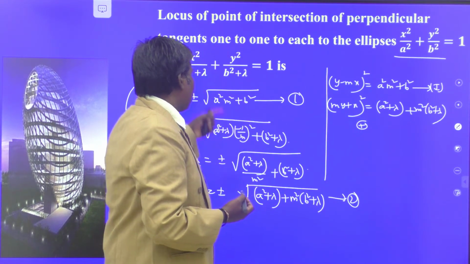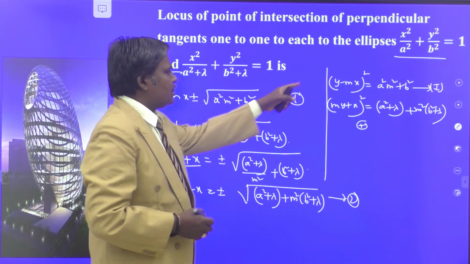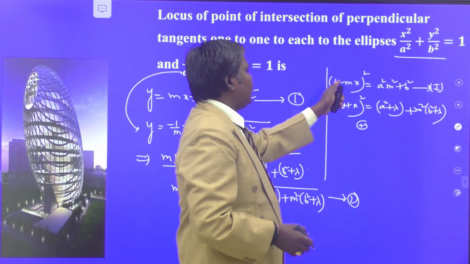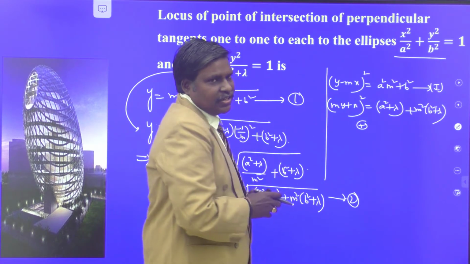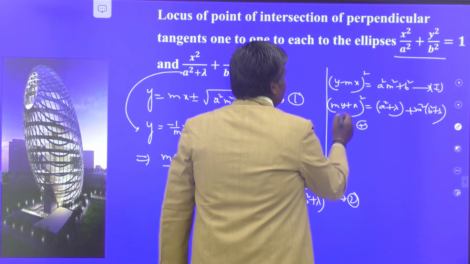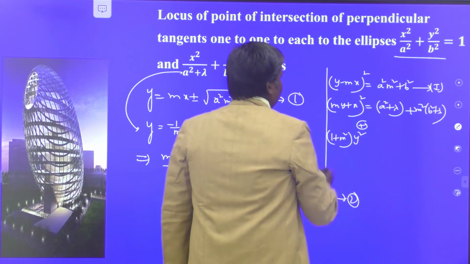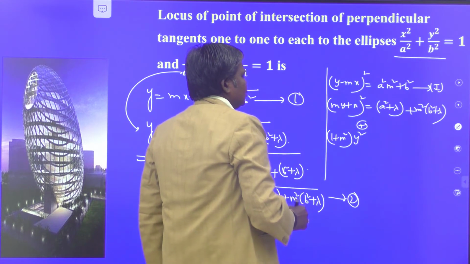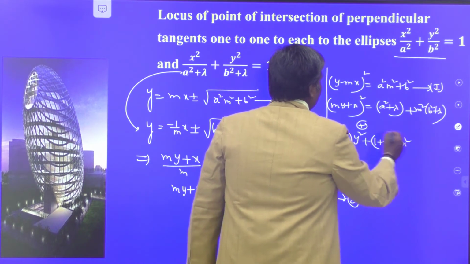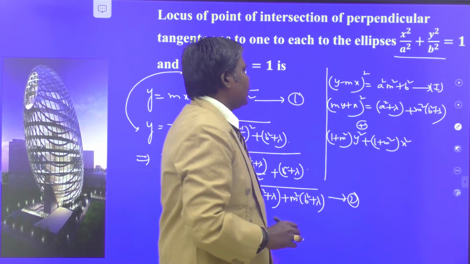You may take x1 comma y1 as the point of intersection of these two tangents. Substitute x1 y1 in these two equations, we get the same conditions. So this is an objective problem; in the same manner, I take x and y itself instead of x1 y1. So by adding these two equations, y square plus m square y square, we have 1 plus m square into y square. This is m square x square plus x square, again we have 1 plus m square times x square. 2xym minus 2xym gets cancelled.